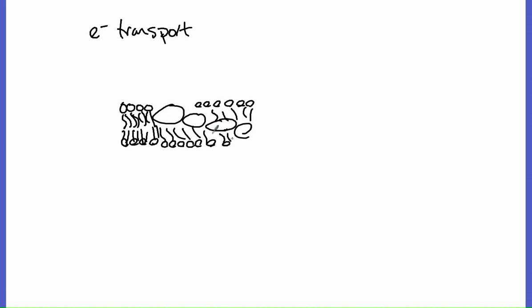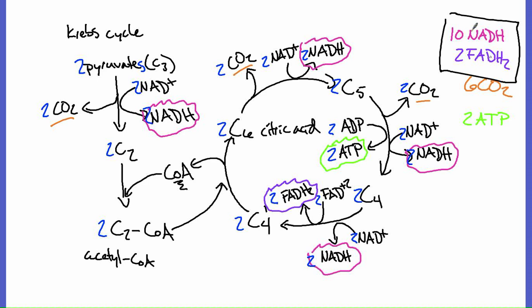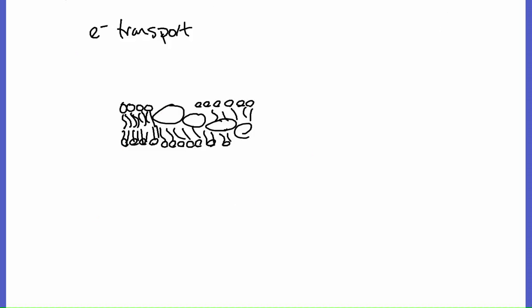So I'm just kind of finishing this off, drawing my phospholipids so it looks kind of like a membrane here. But I had two high energy molecules back here, NADH and FADH2. I'm going to use the electrons from those molecules. I'm going to drop them off in this transport chain. So I have NADH molecules and I have FADH2 molecules. Again, there's 10 and 2 if I'm accounting, right? To make NAD plus molecules and FAD